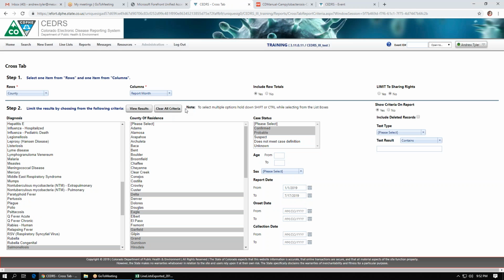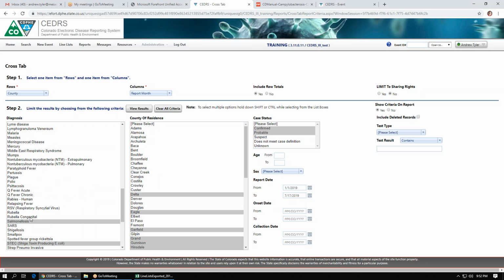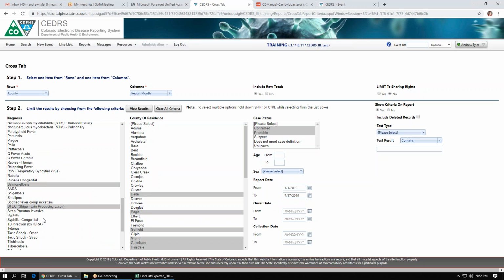Well, on the real website, if you do play around with the crosstab, which I do encourage you to do, because I think you can get very good information on case counts and incidence rate, that sort of thing. It would just show you basically what is pulled up here. The rows would go by the counties that we have selected, and then the columns would be January through July at this point, and it would give you the numbers for each of these diseases that we have entered. So if you try this and you have a question on it, again, feel free to email me or call me. I'm happy to go through